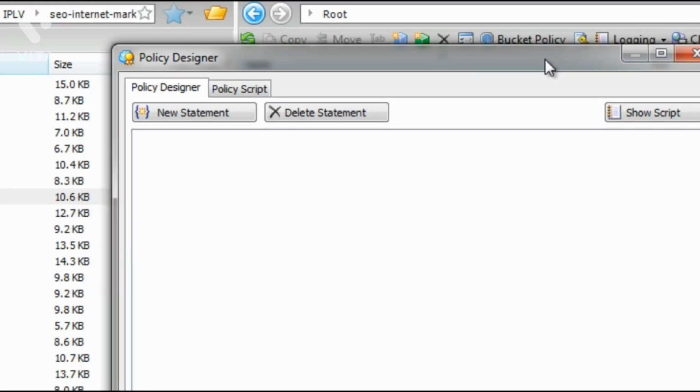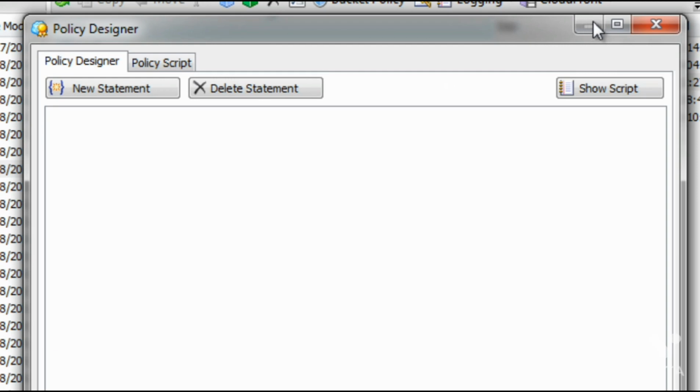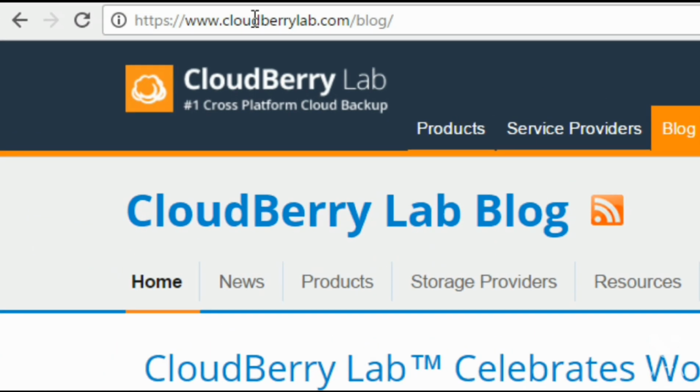Now, this is going to look like code, and it's going to look complex and overwhelming. And that's a fact. It is true. But since most of you are newbies, I'm going to show you how to create a bucket policy by getting a swipe file from Cloudberry. Now, in this case, I'm going to go back to Cloudberry. So I recommend that you go to